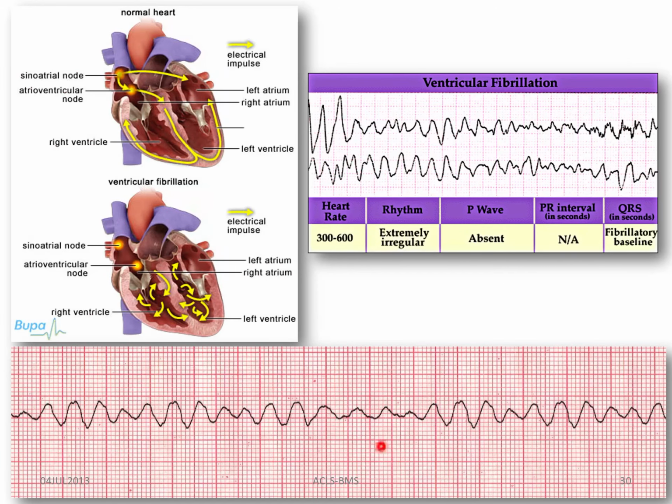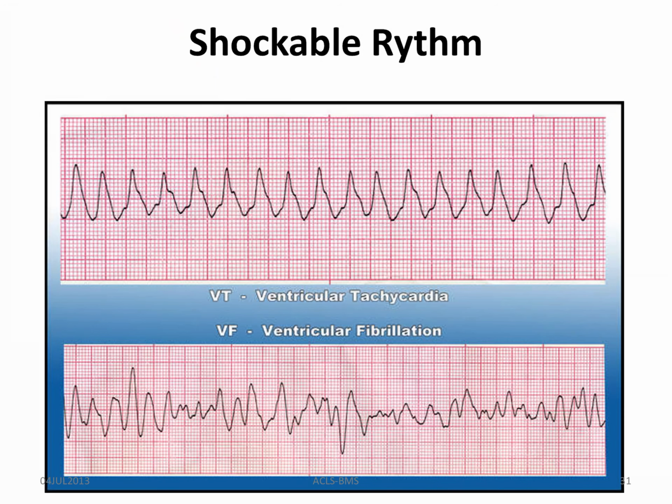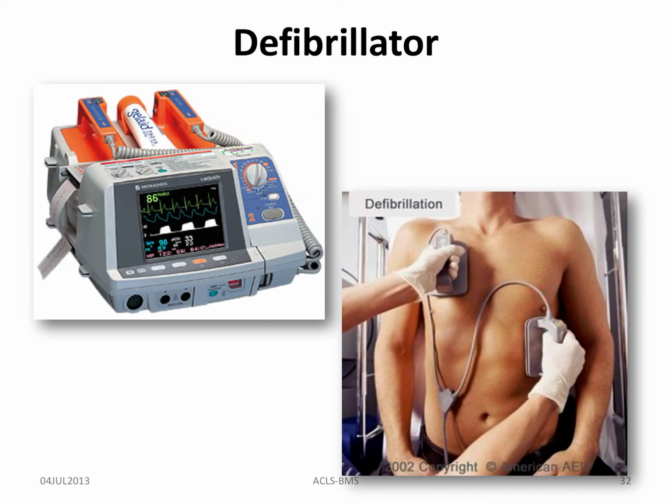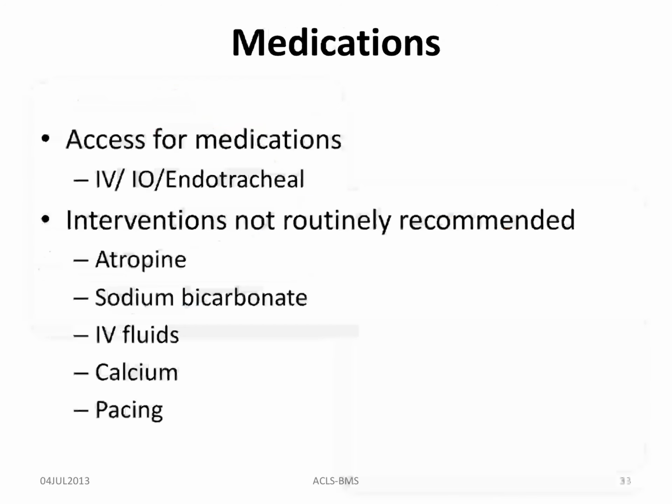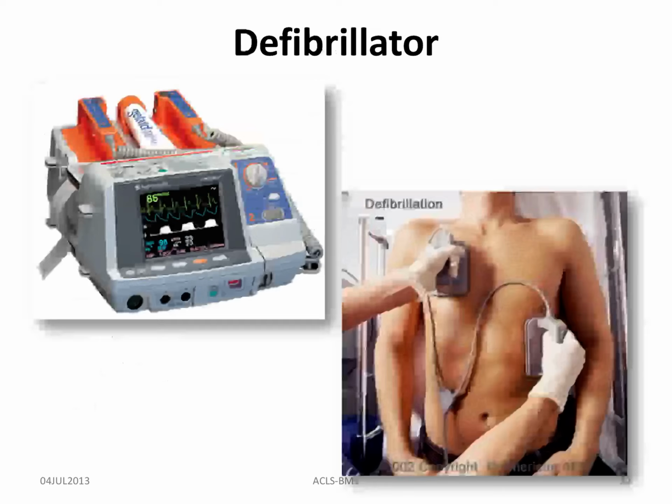Now, coming to another rhythm, where the patient has gone into arrhythmias and into ventricular fibrillation, where there's absolutely no well-defined rhythm. This is also a case where we can shock the patient, so ventricular tachycardia and ventricular fibrillation are shockable rhythms. Now, if there is asystole, there's no rhythm, it's like a straight line, then there is no point of shocking